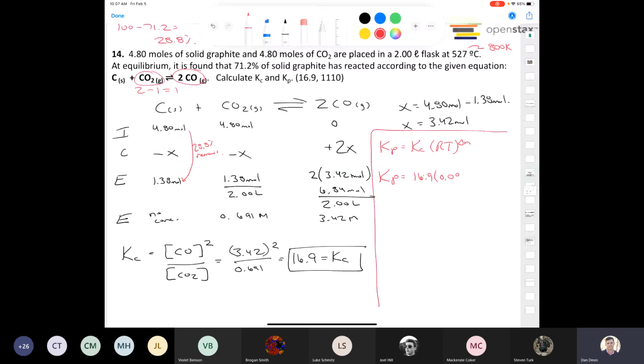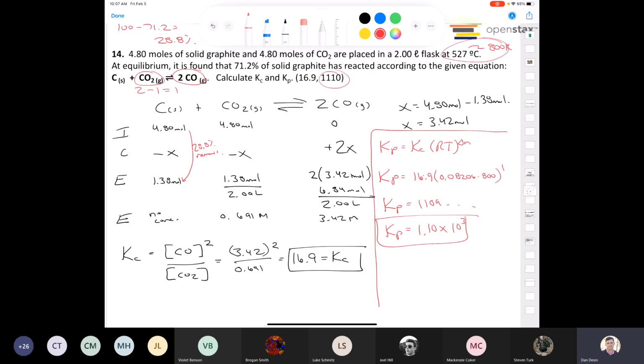So 0.08206 times our temperature, 527 degrees Celsius. You add 273 to that. That's an easy one to do in your head. You get 800 Kelvin. And the whole thing is to the power of 1. So you just multiply that all out in your calculator. You take 0.08206 times 800 times 16.9. And you get 1109 point something. There should only be 3 sig figs. So Kp, we'll say, is 1.10 times 10 to the third power, like that,